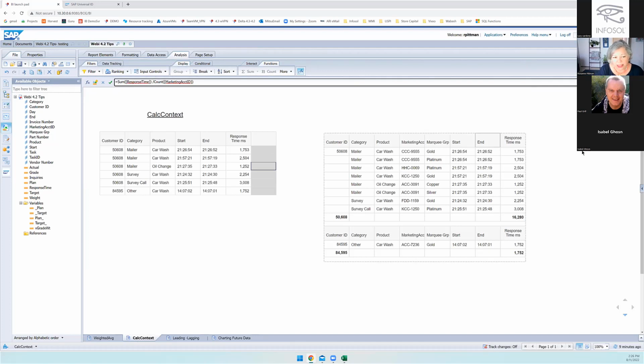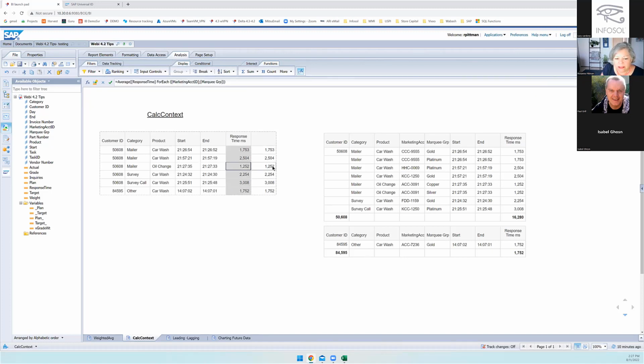And if I stopped there, you would see, again, I'm not getting the right calculation because count by default in Webi is going to give us distinct. So in this case, it's seeing that as a distinct count. Same scenario for this first one here as well. It's not giving us a distinct. However, if we just add the additional parameter of all in there, now that gives us the correct count, and you can see compared to the other, both calculations, even though they're different, are giving us the same results,